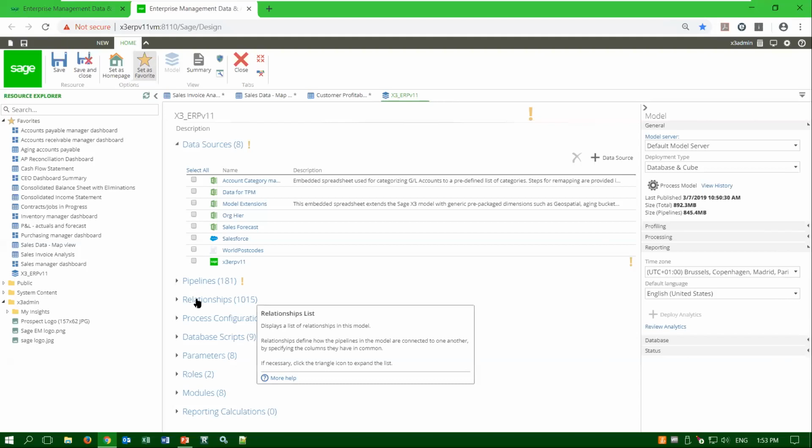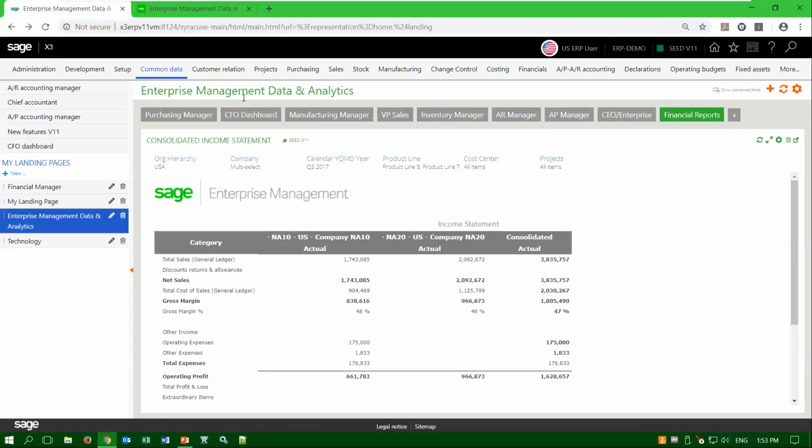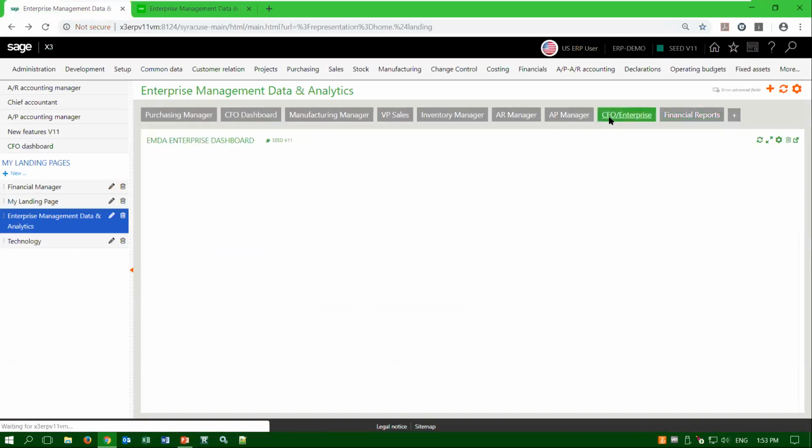I find when I'm doing data work, it's amazing how many relationships it finds without me. I may not even have been aware of the relationship, but it sets it up for me automatically. And that just improves my ability to report on the data. So this is the data hub portion of the solution. It's included with EMDA. It's the D piece of EMDA, the data piece, allowing you to manage that data effectively across the organization. So if we go back to where we started, just to close it out, this